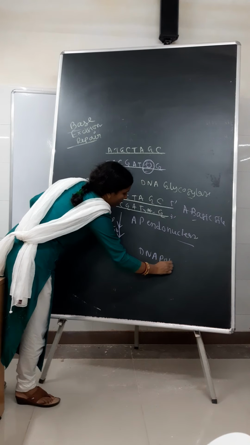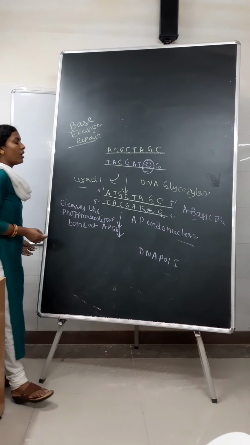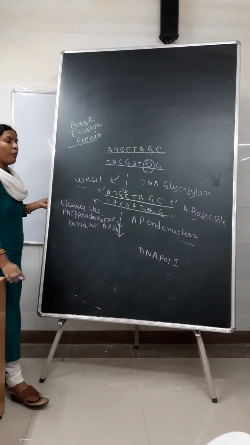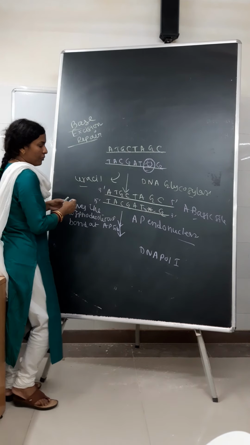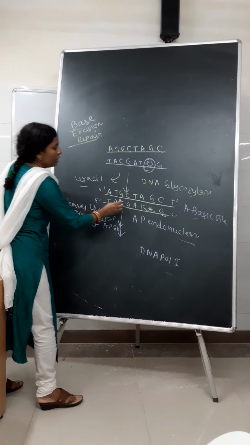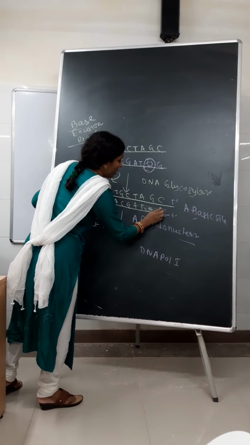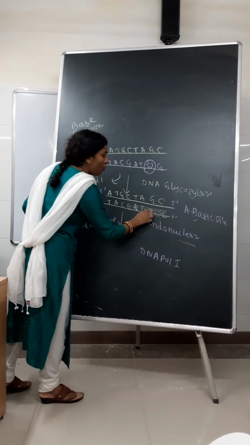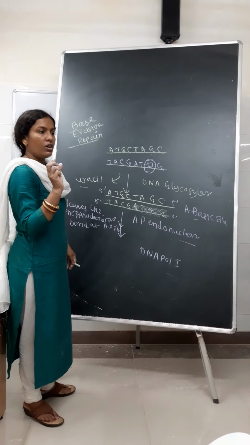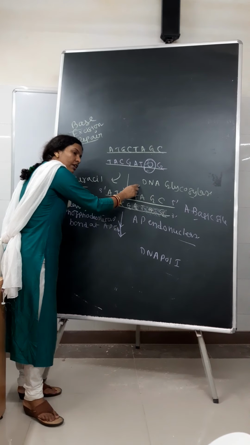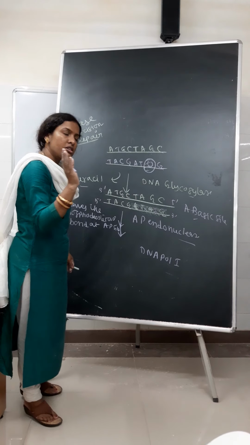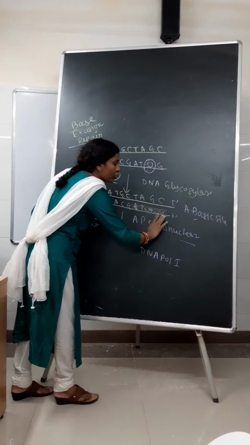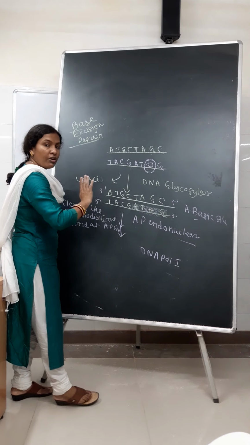DNA polymerase 1. You all know that DNA polymerase 1 has a 5' to 3' exonuclease activity as well as a polymerization activity. So what will be formed? This DNA polymerase now removes a portion of the damaged strand. Suppose this portion is removed. It will remove the portion of the damaged strand, not only the base. First the base is removed by the DNA glycosylase. Then the phosphodiester linkage is split by the AP endonuclease. Then comes DNA polymerase. It will remove a portion of the damaged strand via its exonuclease activity.